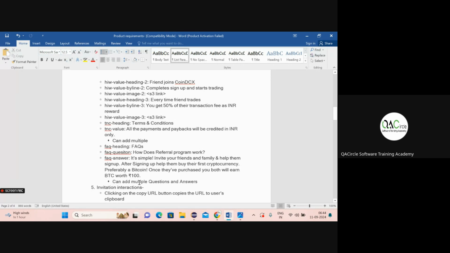And we can add multiple questions and answers. Okay. Same way how terms and conditions works, FAQ also works. So we will be coming up with multiple questions and answers, which is again configuration driven. Product team or product owner can add multiple questions and answers in the FAQ section. Okay,